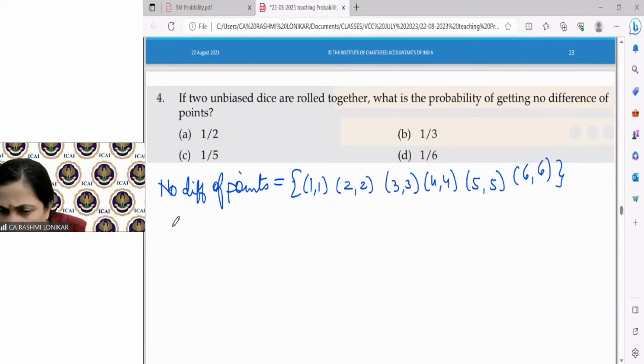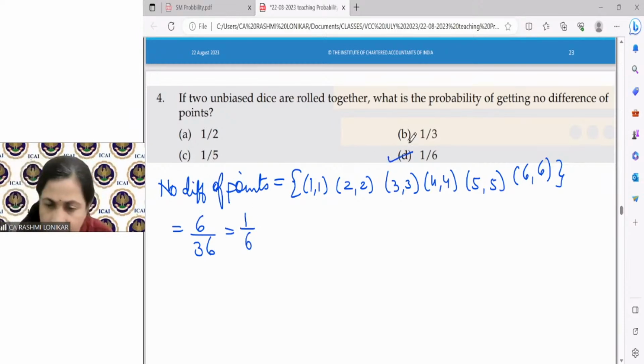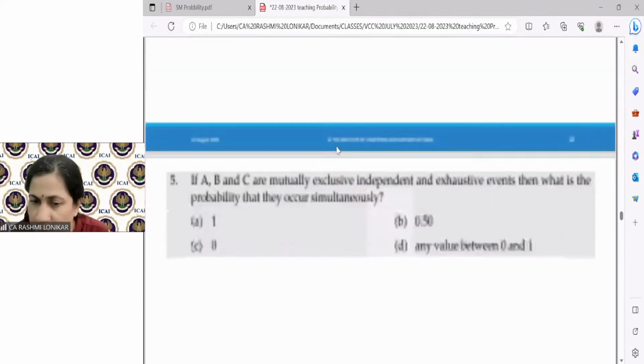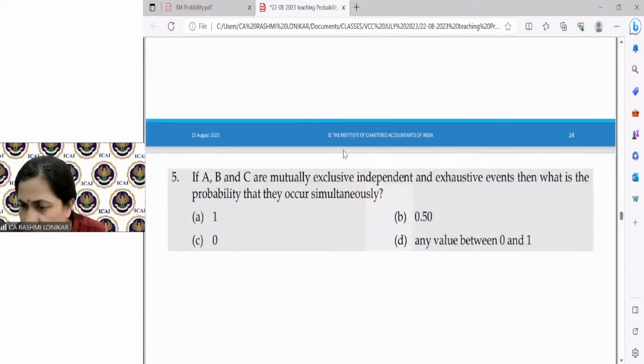So what will this be? This will be 6 upon 36, because we are rolling two dice, so it is 36. 6 upon 36 is 1 by 6. So D will be the correct answer. Okay. Next is, if A, B, C are mutually exclusive, independent and exhaustive events, then what is the probability that